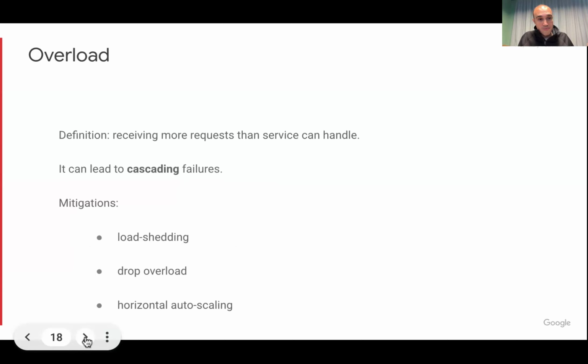Overload. This one is the one you want to have. Overload is like you have too much success. Basically, there's too much traffic. That's good. You design the system for handling increases in load. That's fantastic. But overload can have a problem, in that it can take down the whole system in what is called a cascading failure. In the diagram we were showing, one of the application servers is overloaded, then it crashes and sends the load to another one. It crashes because the Kubernetes cluster is killing them, so you just take down the whole system.